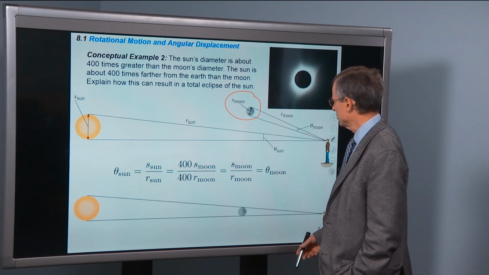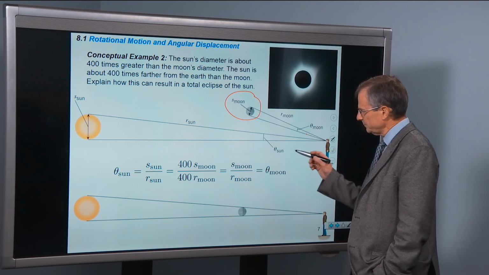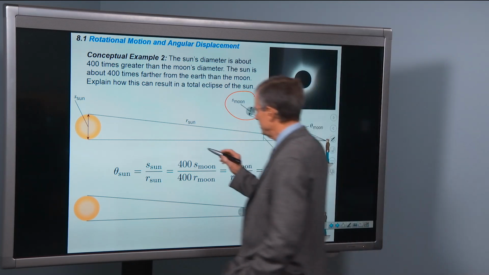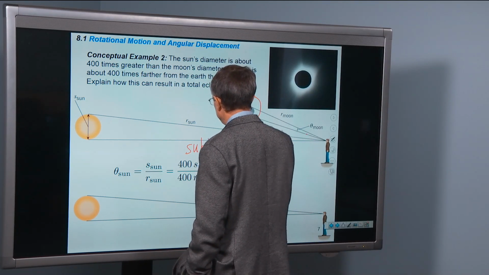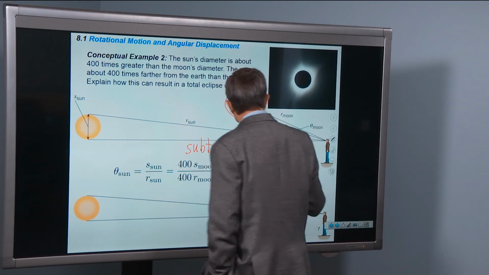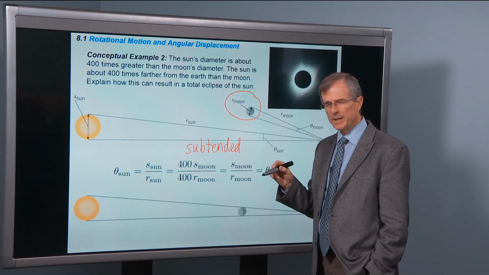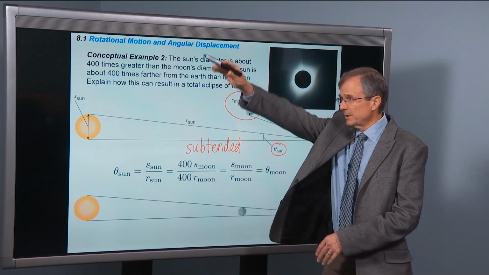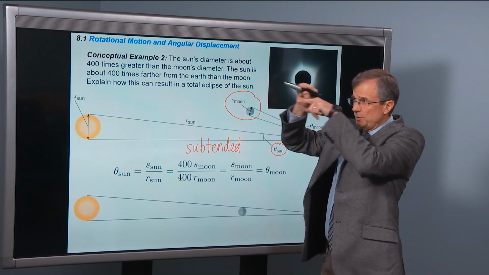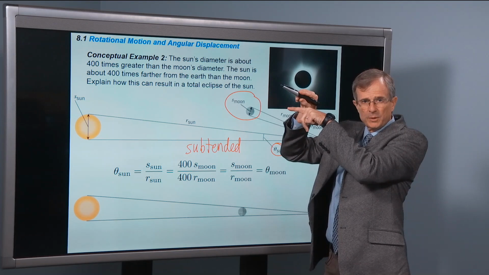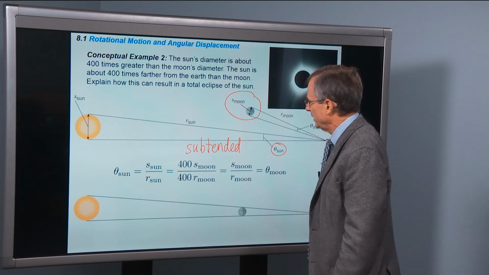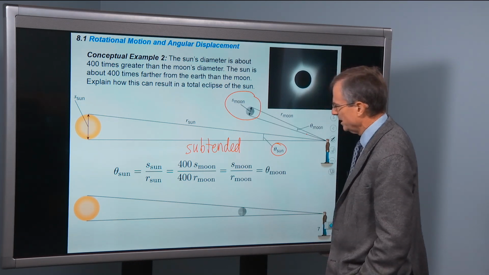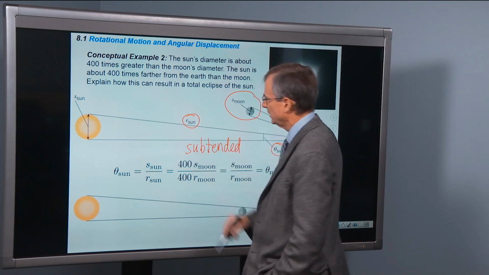So let's show how that's true. The angle subtended is the word that's used. The angle subtended by the sun is this theta sub sun. That means if you look at the top of the sun and the bottom of the sun, and you take those two lines into your eye, what's the angle between those two lines? And we can calculate that angle subtended by the sun and relate it to the distance to the sun, r,